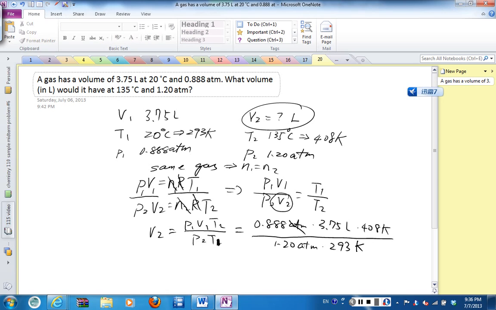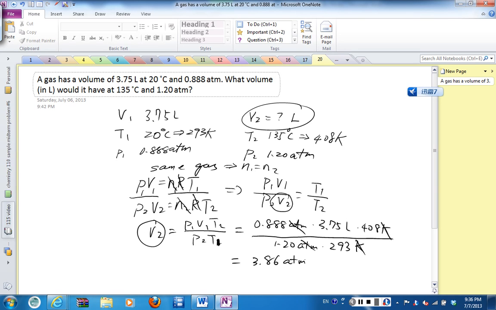Okay, atmosphere cancels, Kelvin cancels, and we know we're going to get a unit in liters, which matches our volume calculation. Punch numbers into the calculator, keep your 3 sig figs. In the end, we get 3.86